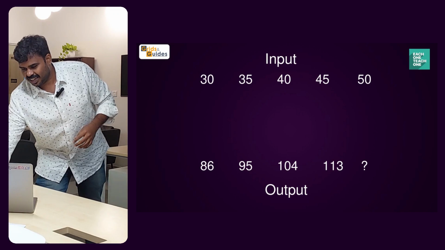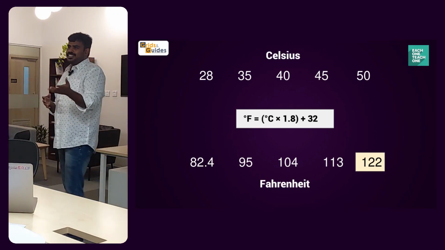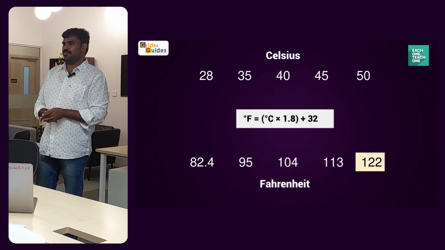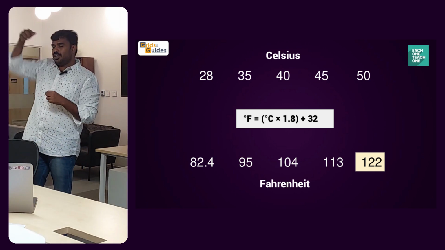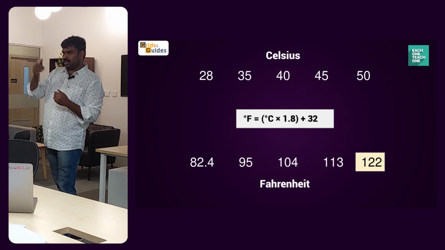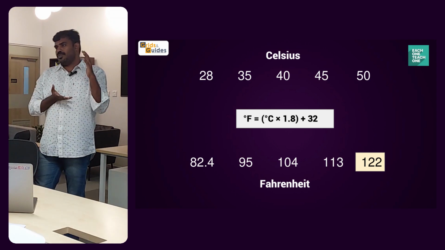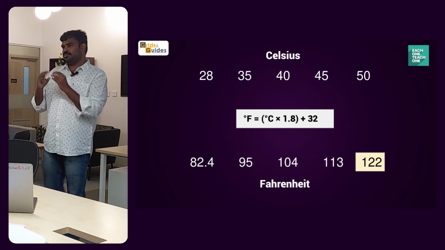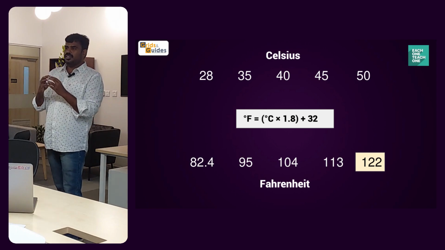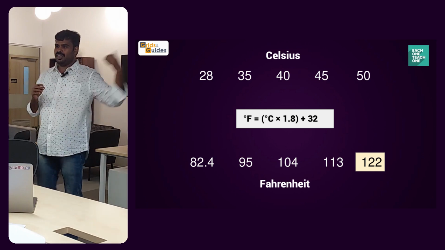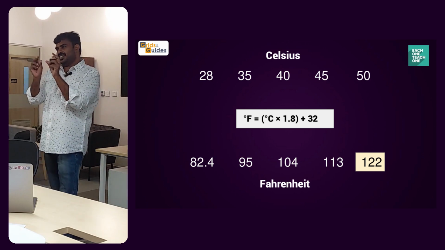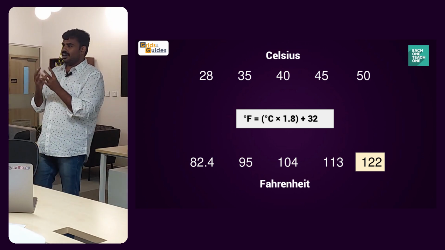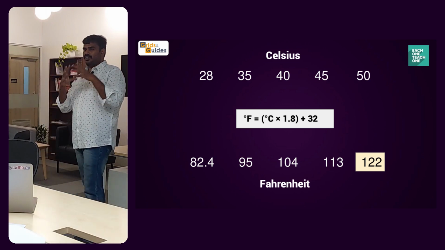Yeah, it's a Celsius to Fahrenheit conversion formula, right? So this is what the AI model is doing. We know the input and we know the output. When we pass these two pieces of data into a model, the model is trying to figure out two numbers. What are the two numbers? 1.8 and 32. This is called the weights.